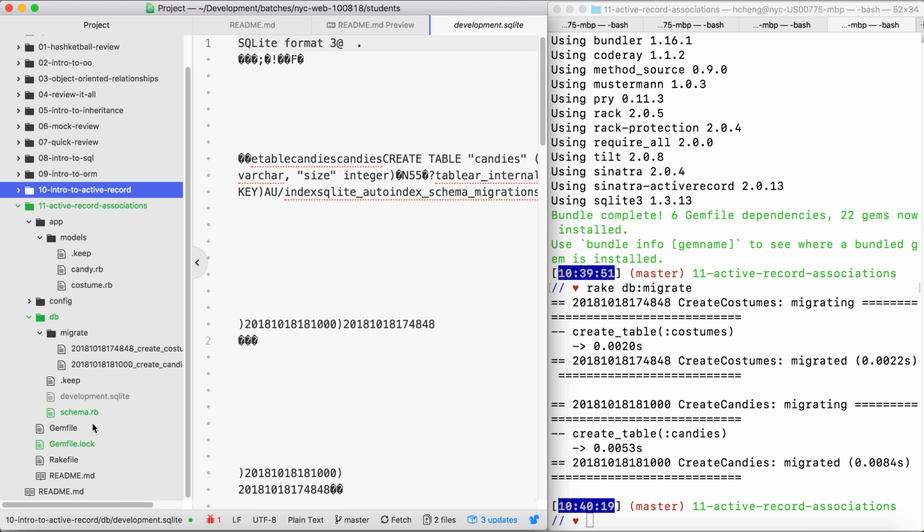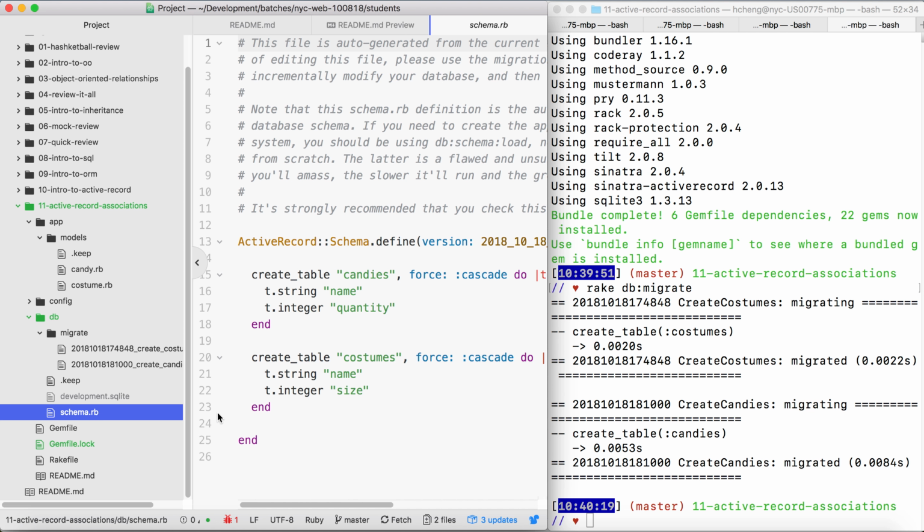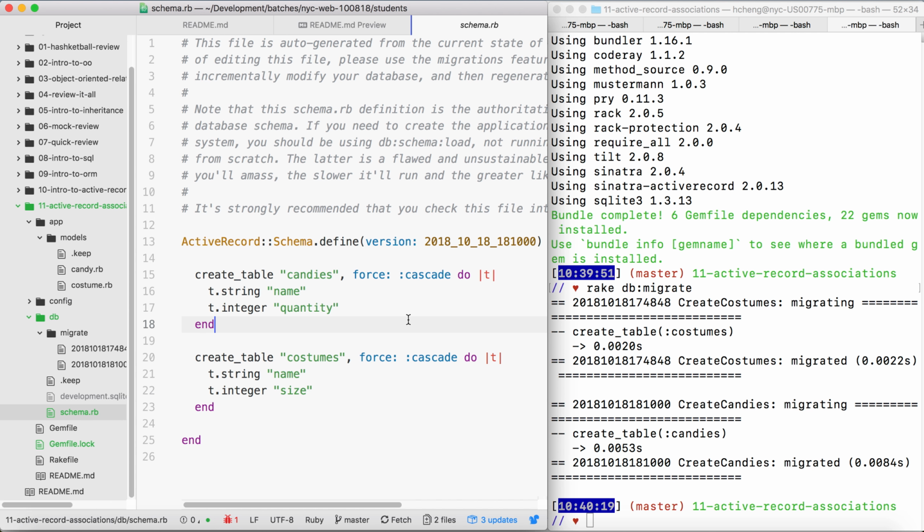So we now recreated it. We have that gem lock again. We have this schema.rb. It should be good because the stuff you commit should be good. So if you're both working